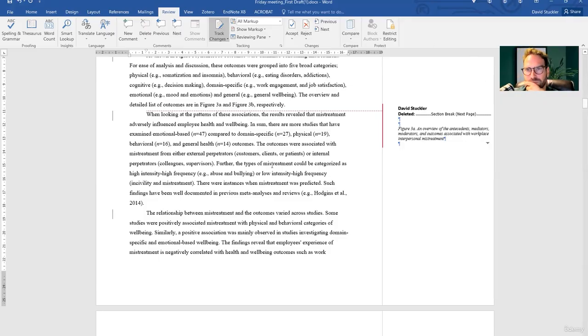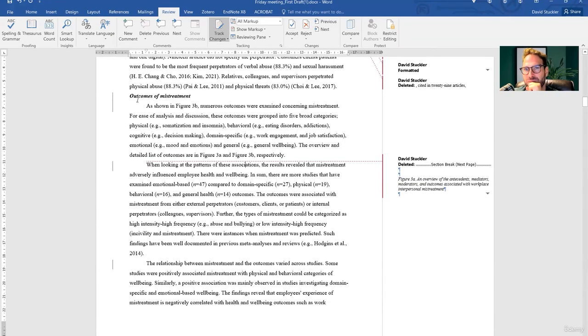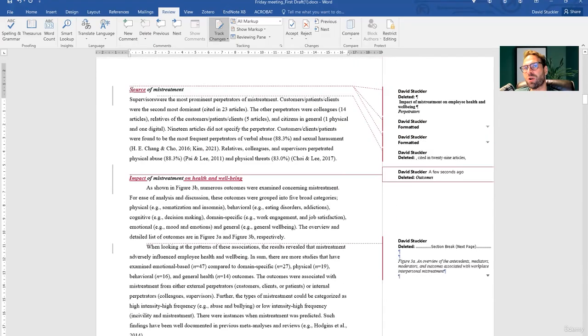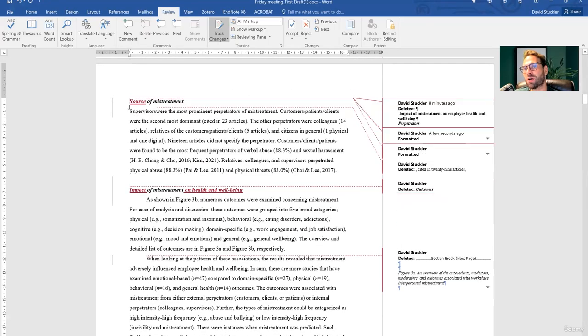Okay. So mistreatment outcomes here. So here's where we have impact of mistreatment on health and well-being. I wanted you to summarize this by having a block saying, okay, I'm going to talk about these 3 articles now and what impact that had on health and well-being. Then I'm going to talk about the colleagues, what that had on health and well-being, then the customers, and then the ones which did not specify. I'd put these at the end.